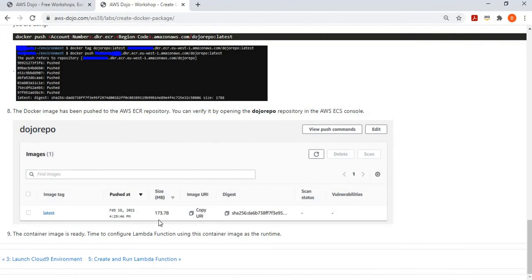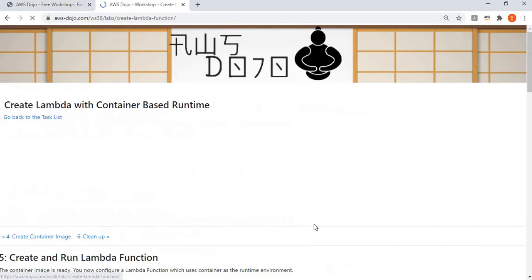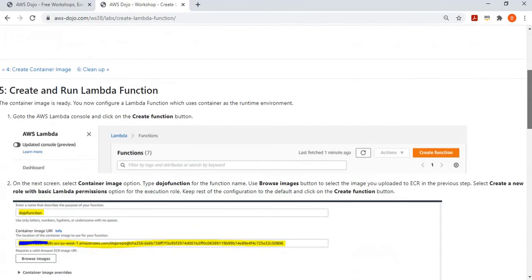Now you can see here it is published to the repository. It's a pretty straightforward and simple image, 173 MB. Okay. Now my image is ready. Now I can create a Lambda function based on this image. So for that, we go to